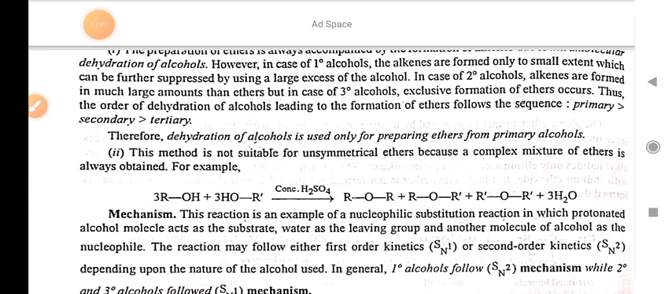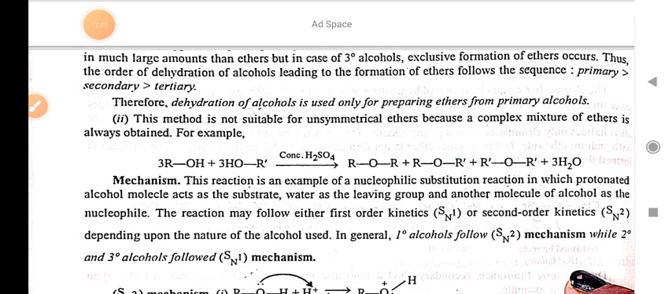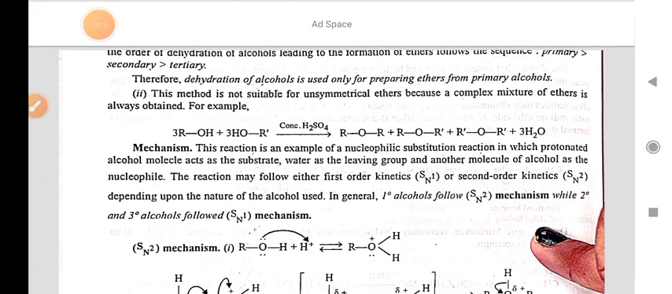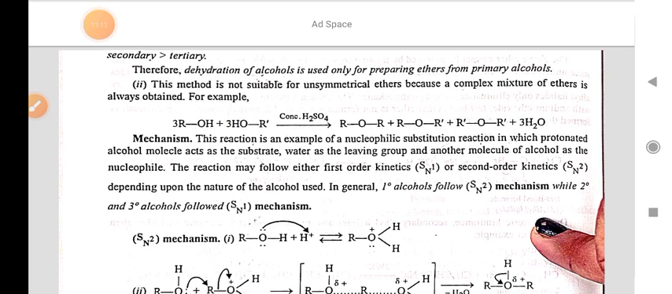Thus, the order of dehydration of alcohols leading to the formation of ethers follows the sequence: primary, then secondary, and then tertiary. Therefore, dehydration of alcohol is used only for preparing ether from primary alcohols. This method is not suitable for unsymmetrical ethers because a complex mixture of ethers is always obtained. For example, ROH plus HOR', on concentrated H2SO4, gives ROR plus ROR' plus R'OR' plus